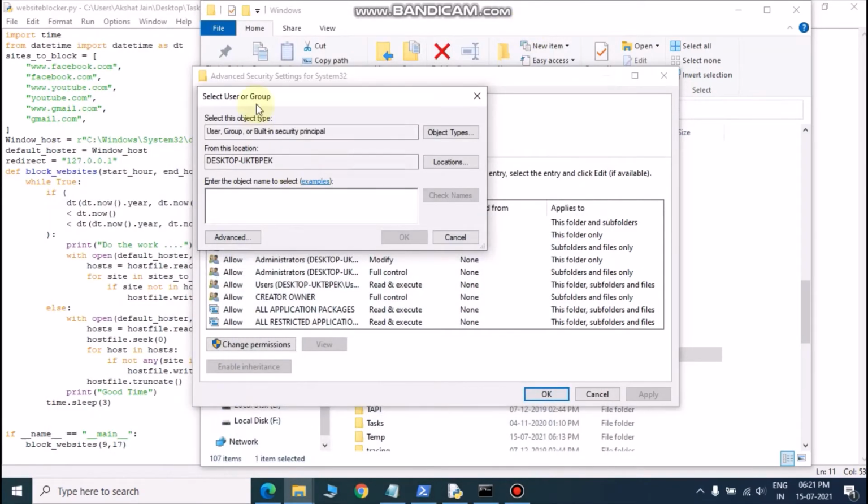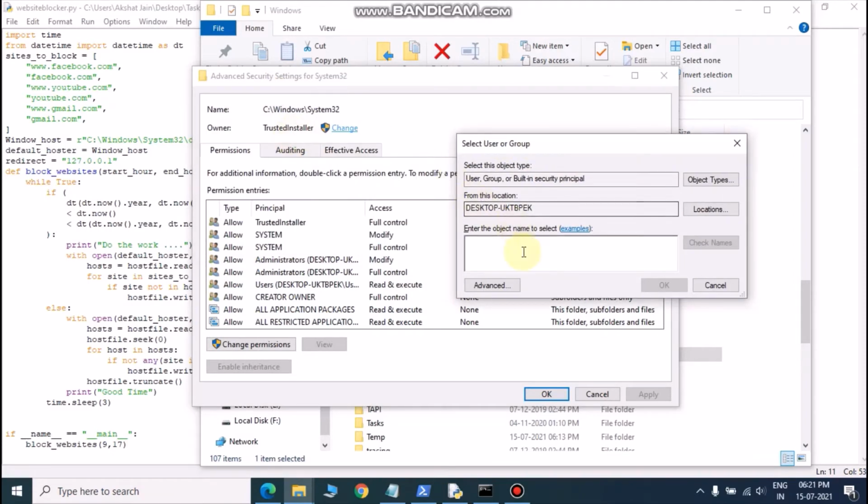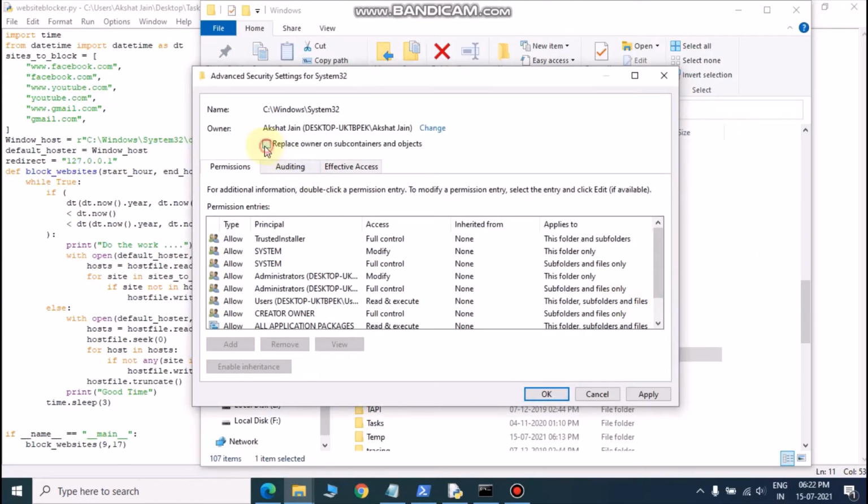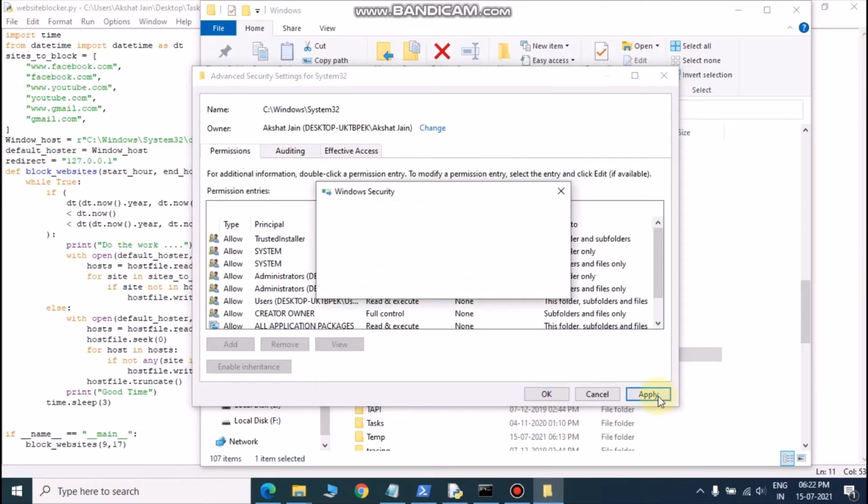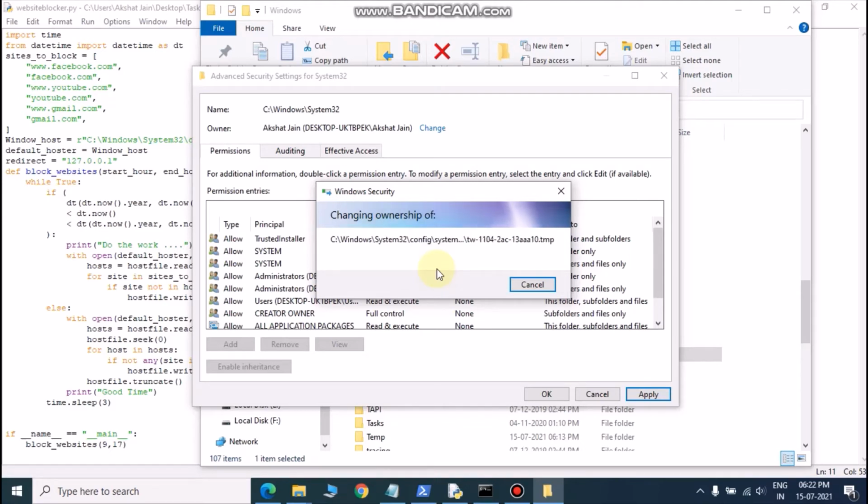So I need to transfer the owner from trusted installer to Akshat Jain. So I will just type Akshat Jain here and check for name. Here it is. So I will just click on OK, replace owner on subcontainers and objects, and click on apply. It will take a few minutes depending on the system. Click on continue.